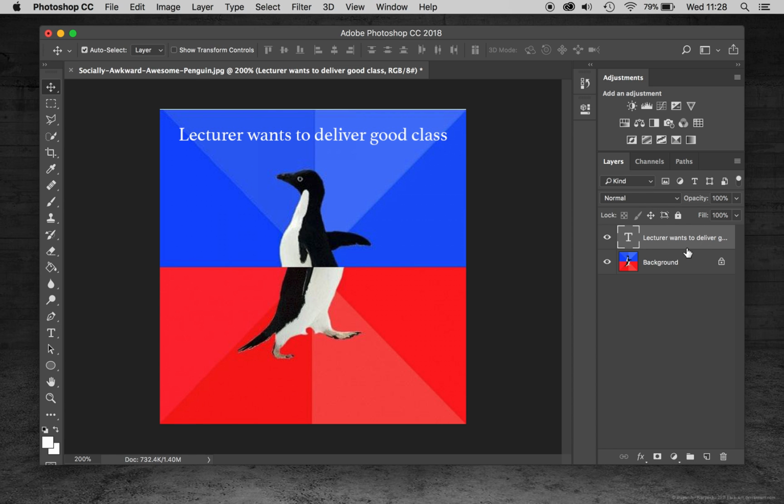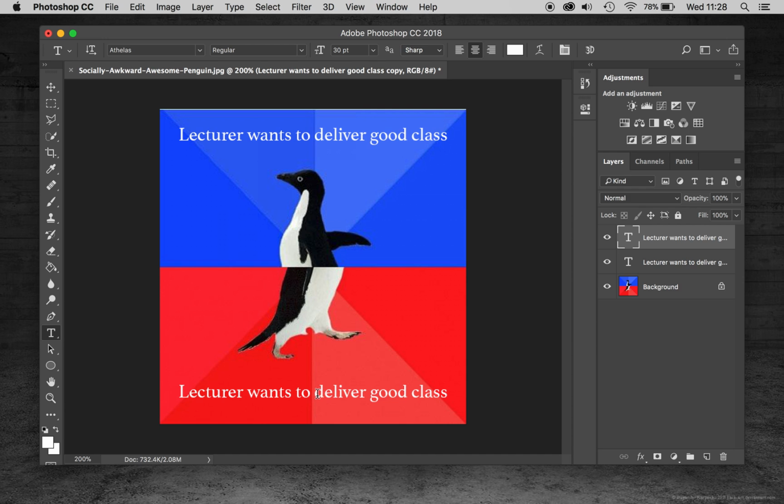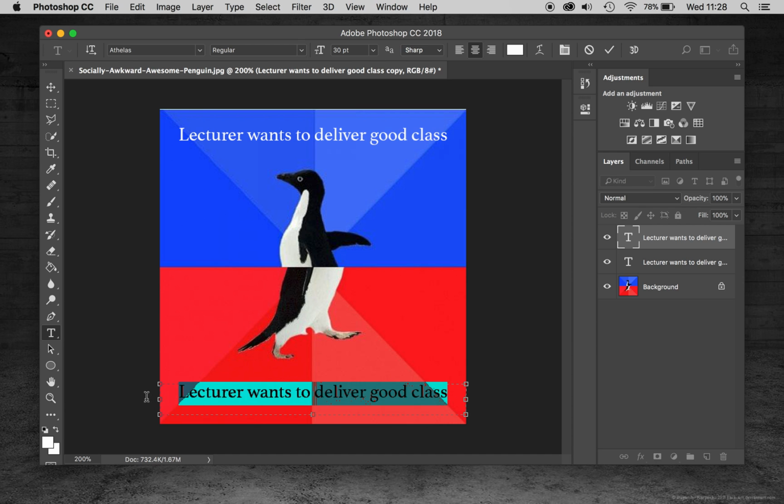You can see that it's made a new layer with the type on it. Now I need to have an opposition idea down at the bottom here. Okay. So one easy way of doing this is to hold down the Option key or the Alt key, and you can see my cursor change to the double triangle. And if I click and drag while holding down the Alt key, it automatically duplicates that layer. And now I can go into my Type tool. I can click inside that layer and change this type to